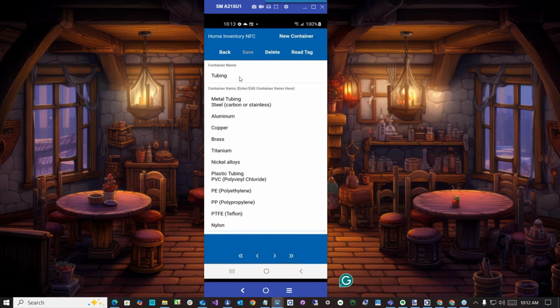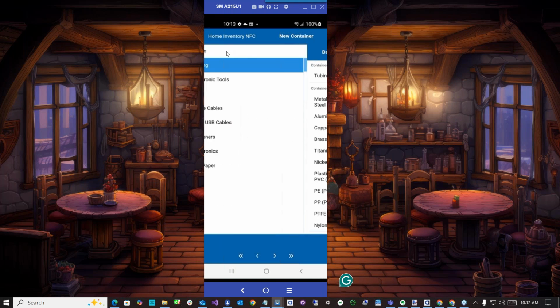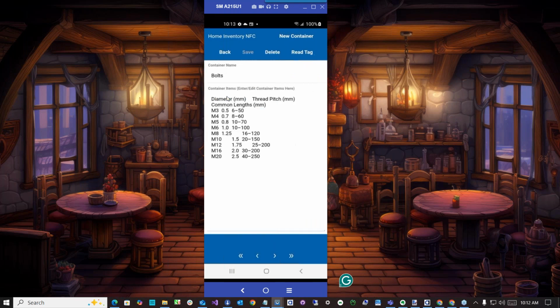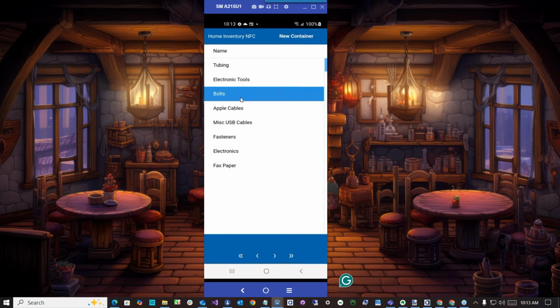For example, this box contains tubing, and these are all the different types of tubing it contains. I go back here, we have bolts and the different types of bolts that we have in there. Cool. But this is manually selecting, and I've created written NFC tags to basically go